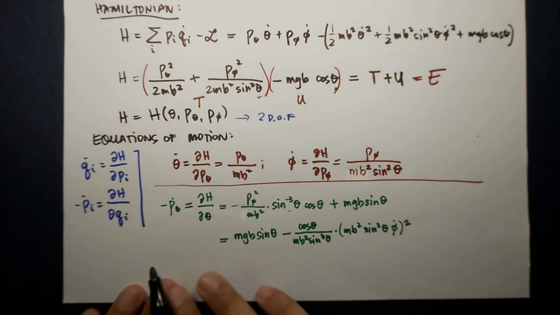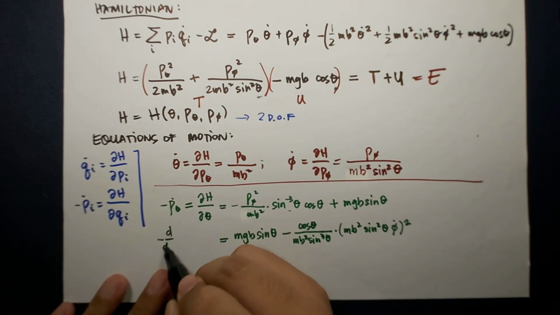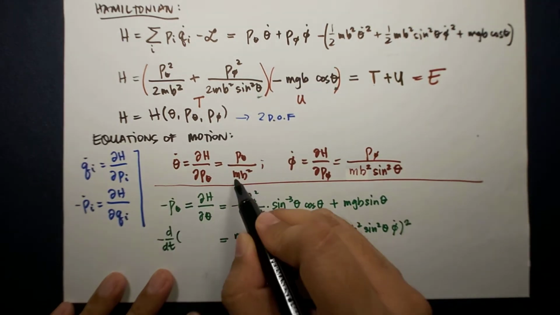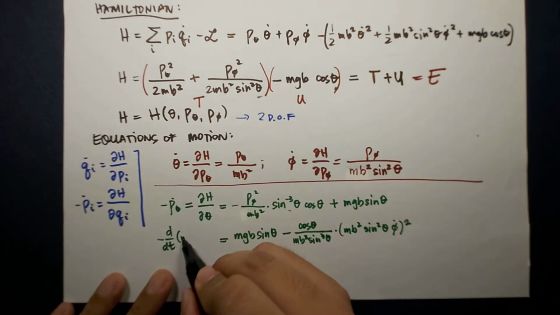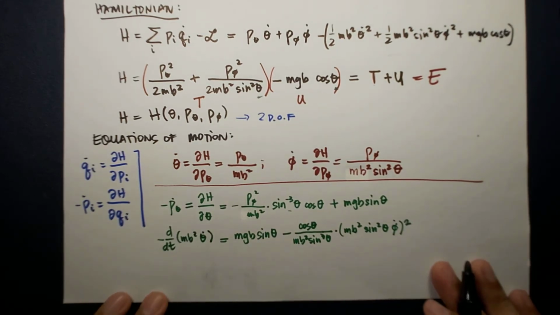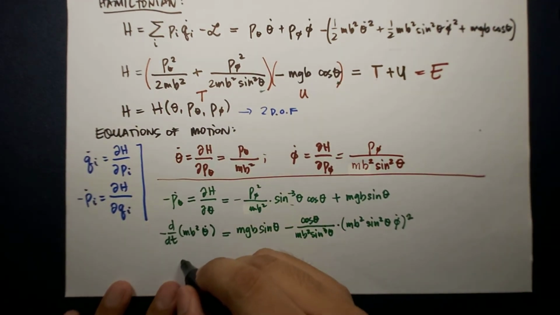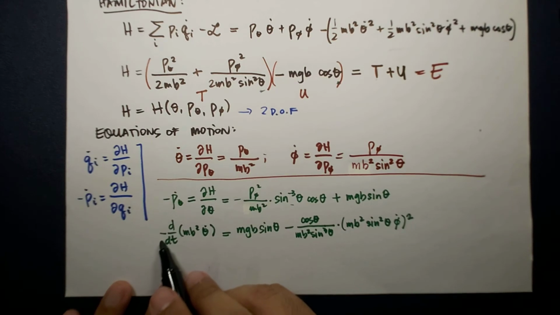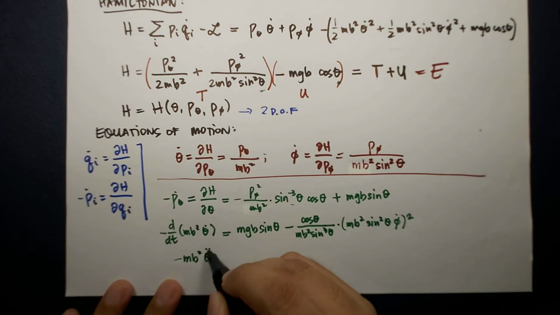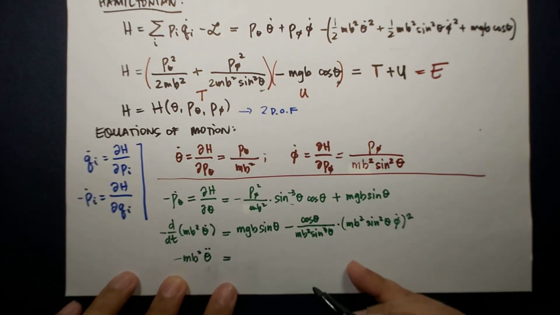Now on the left hand side, you now have negative time derivative of p theta, which is mb squared theta dot. Okay, so let's simplify this. We now have negative mb squared theta double dot. So remember, m and b are constants. And this is equal to